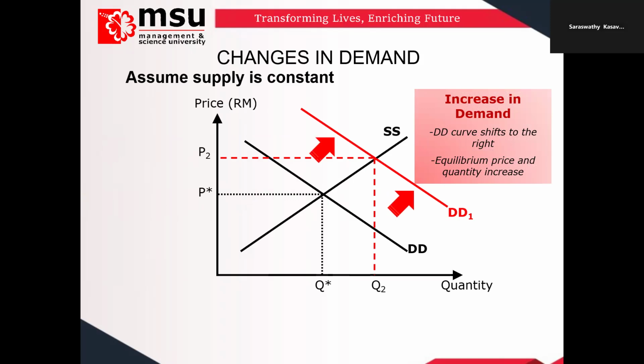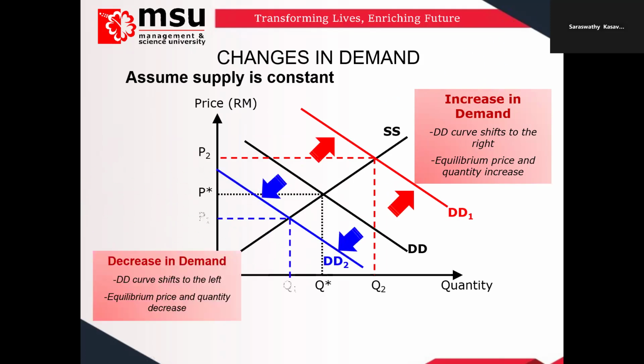What happens now to the equilibrium price and equilibrium quantity? From P star it rises to P2, and Q star rises to Q2. So what happens now if there is a